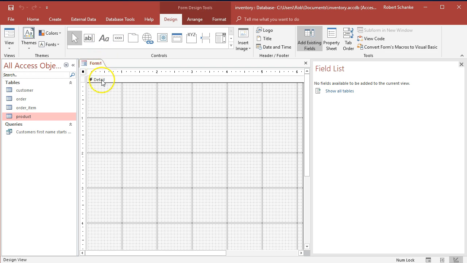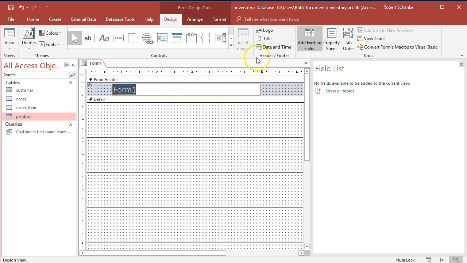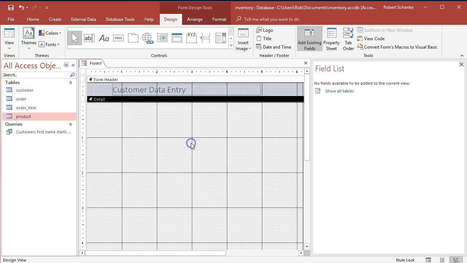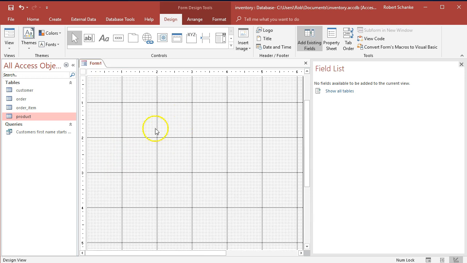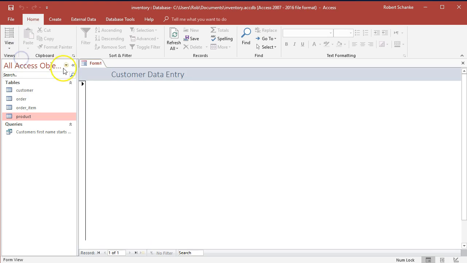So up here, I have my Detail section, which is the main section. But if you wanted to have a header and footer, we can add that as well. So we could add a title, and when we do title, we'll call it customer data entry form. It automatically put that in here in my header section and gave me a blank footer section. So when I view this, I have a nice looking, blue highlighted header that tells me, hey, I am in my customer data entry screen. So let me go back to Design View,